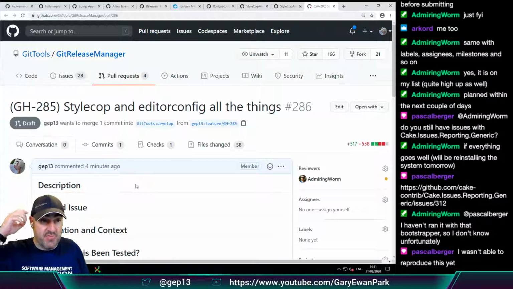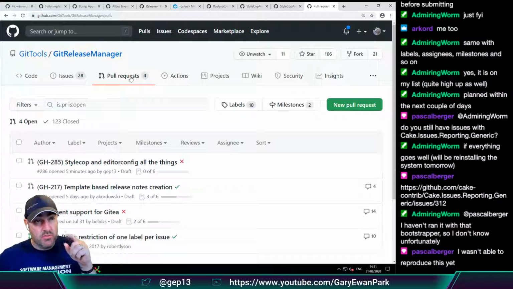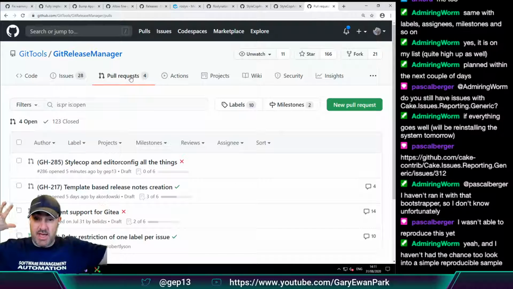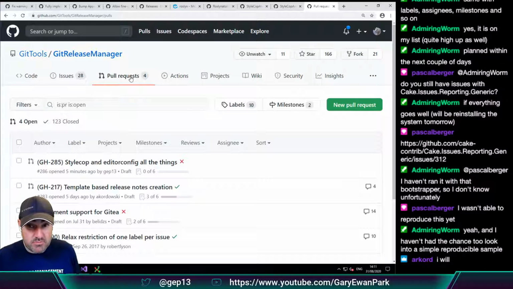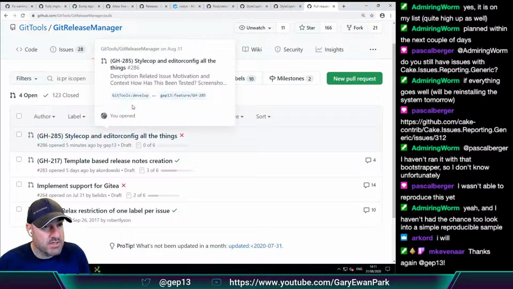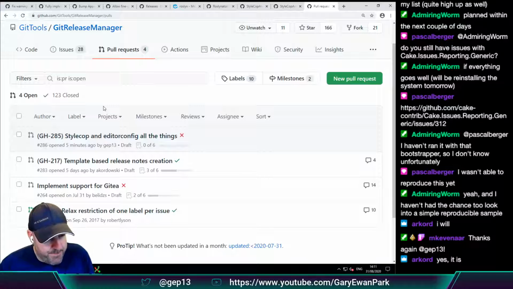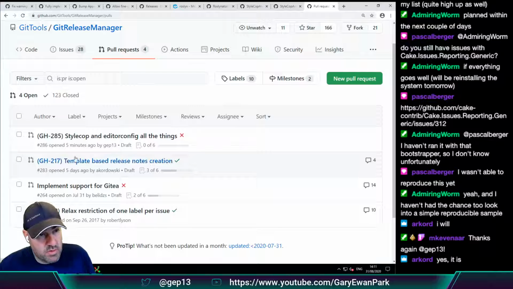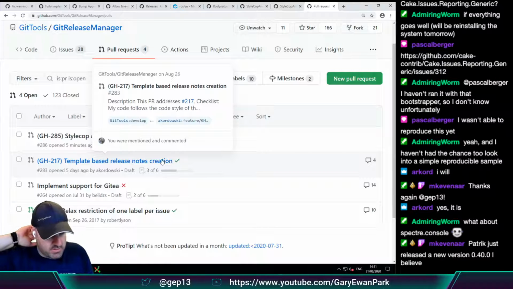And Artur, if you're wanting to continue that PR for getting the template in, that would be great. And then you also mentioned that you might be looking at the Spectre CLI. Is that still on your near-term to-do list? Because if it is, that would be great. Perfect. Okay, so let's continue working on the template-based one and get that merged in, and then we can dig in from there.